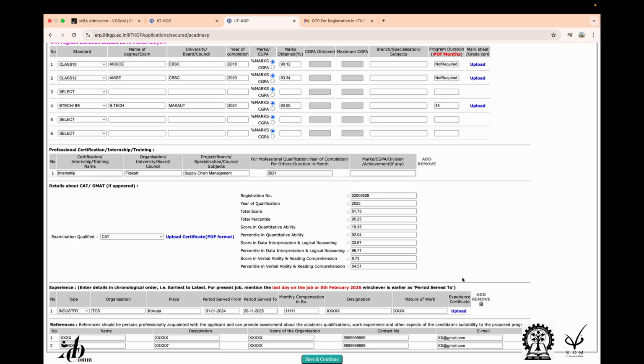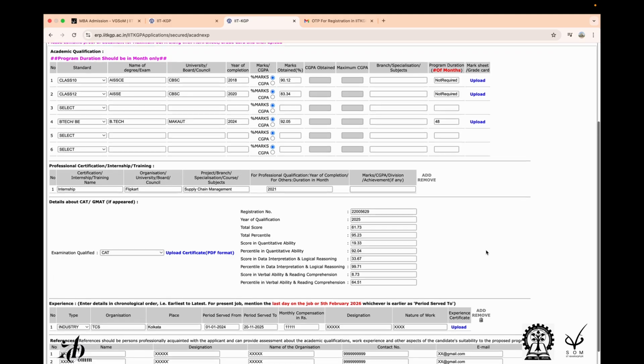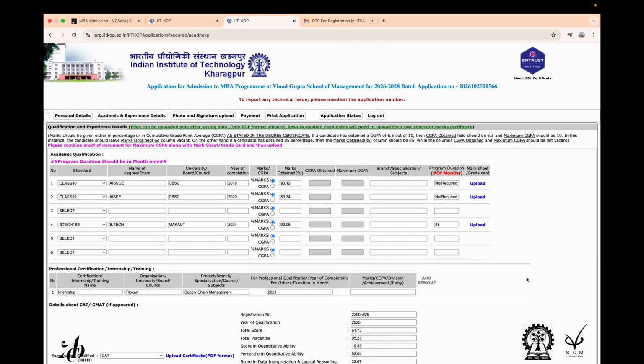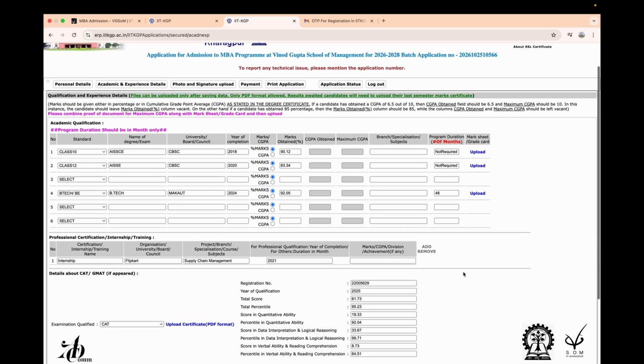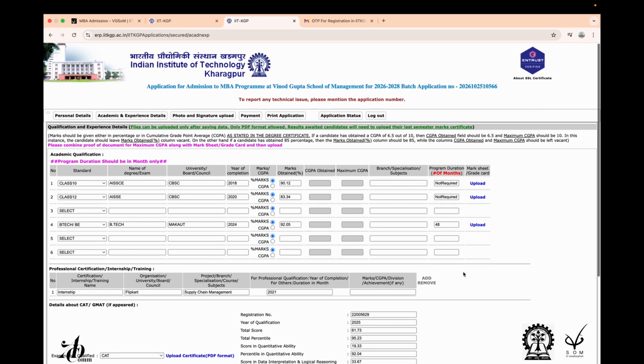In case you have not resigned yet and are already working, you can also upload your offer letter, but your 3 months' salary slip will be required for that. So after completing all the details and uploading all the necessary documents, you can go to the next